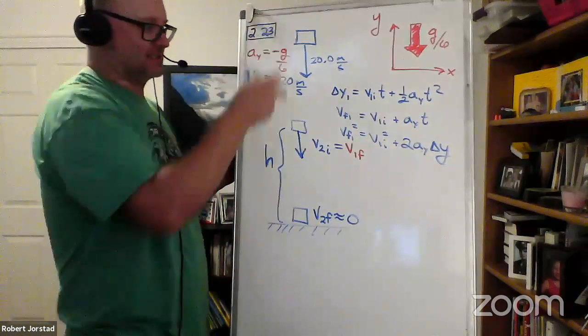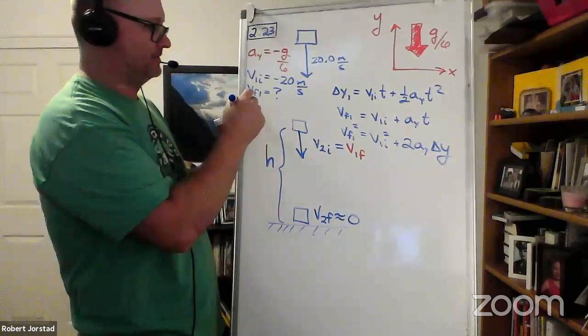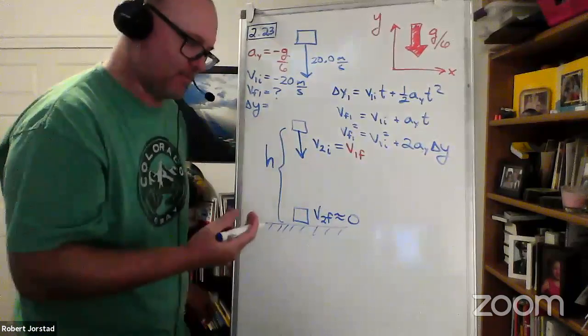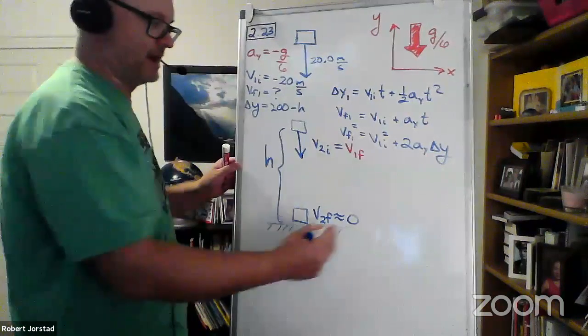Do we know the distance it traveled? We don't. But we do know how high above it was. It was 200. We know total, so we know it's 200 minus h, right? We know that